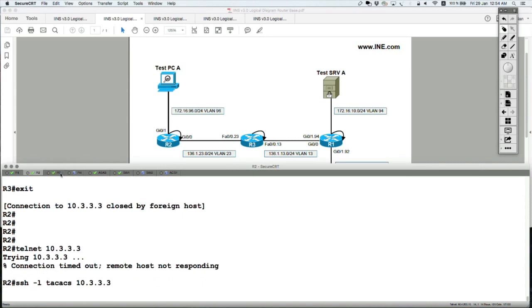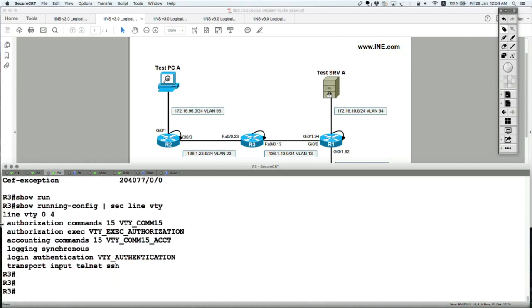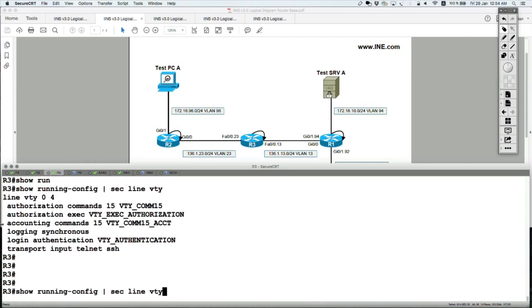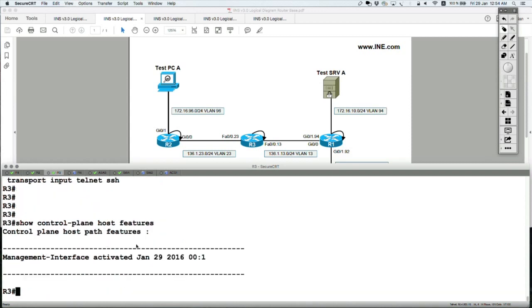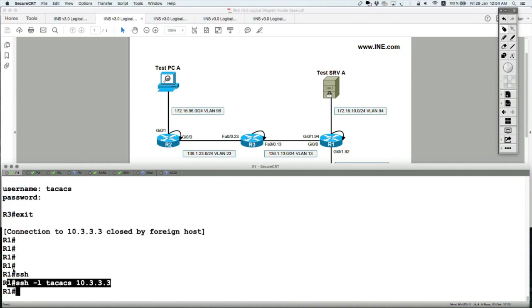And you should see on router 3 that the number of dropped packets in host subinterface have been increasing now, because I'm dropping SSH packets from both router 1 and router 2. And I have 12 packets being dropped now,